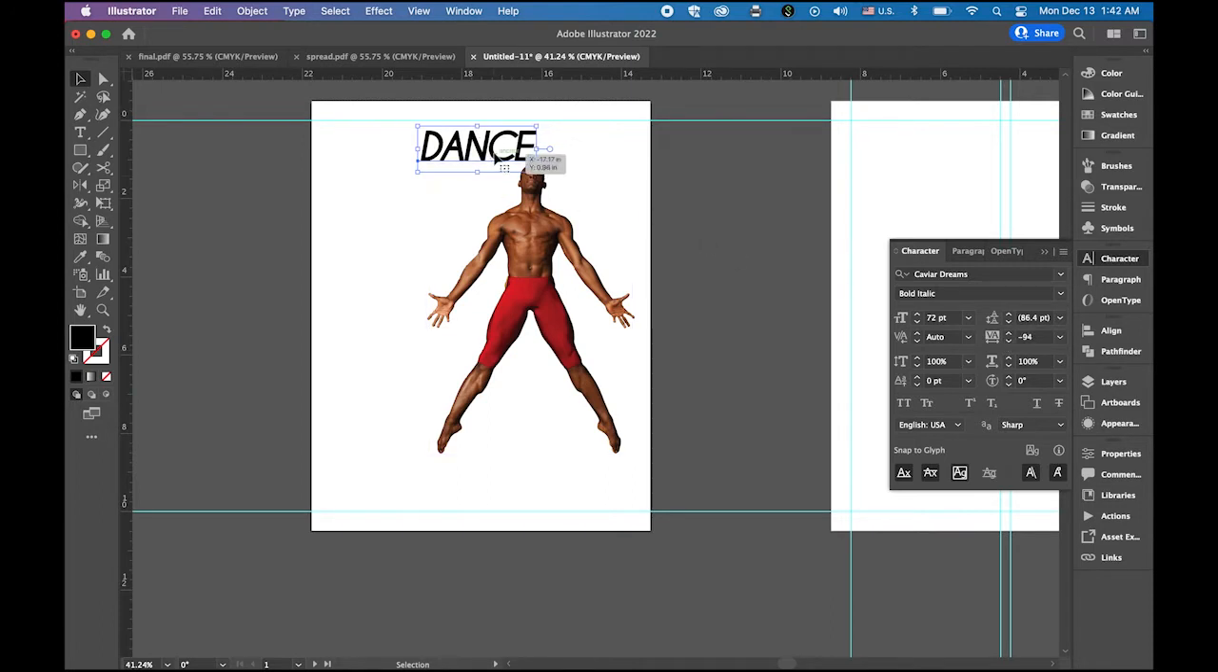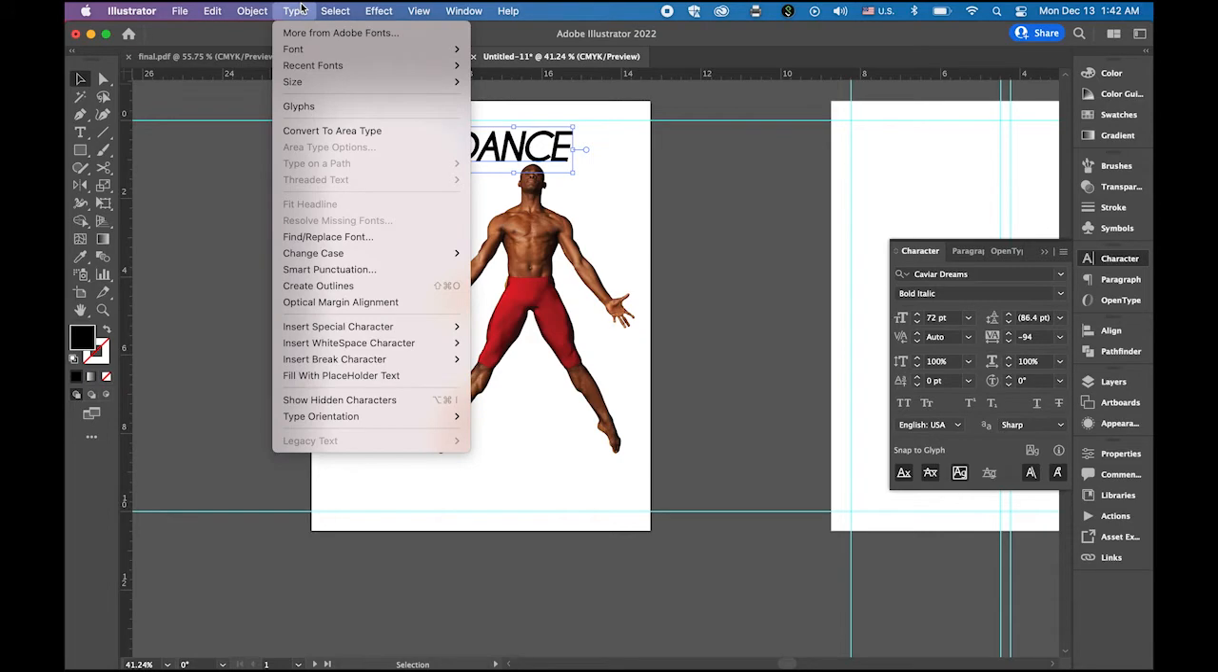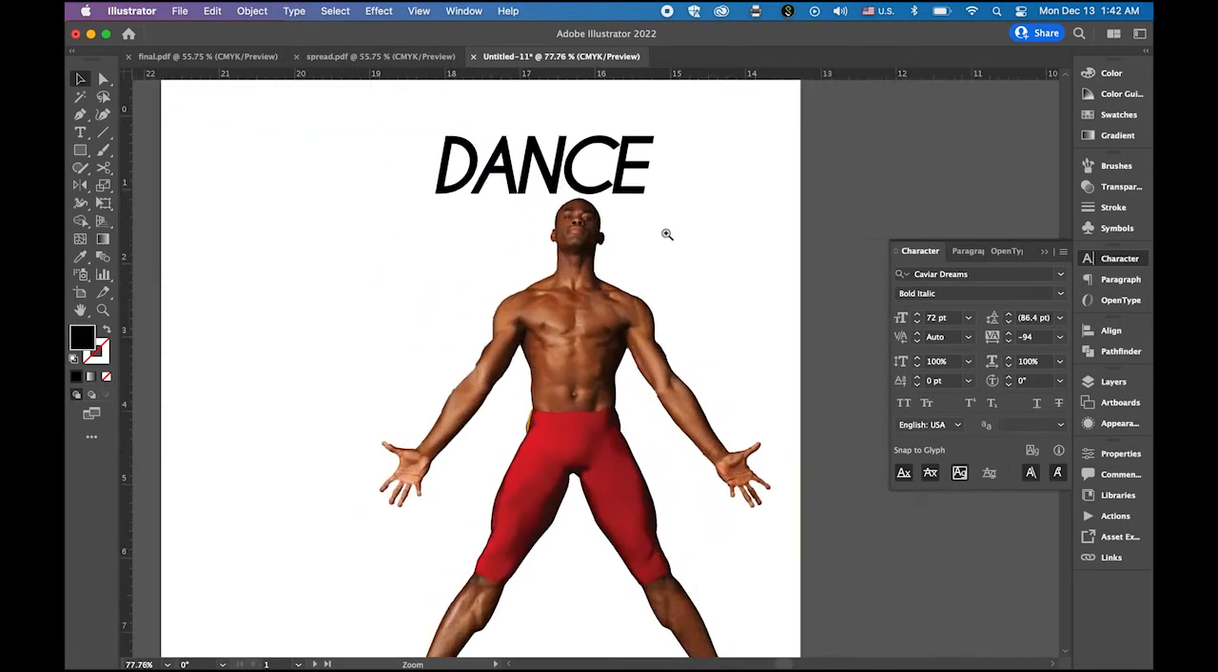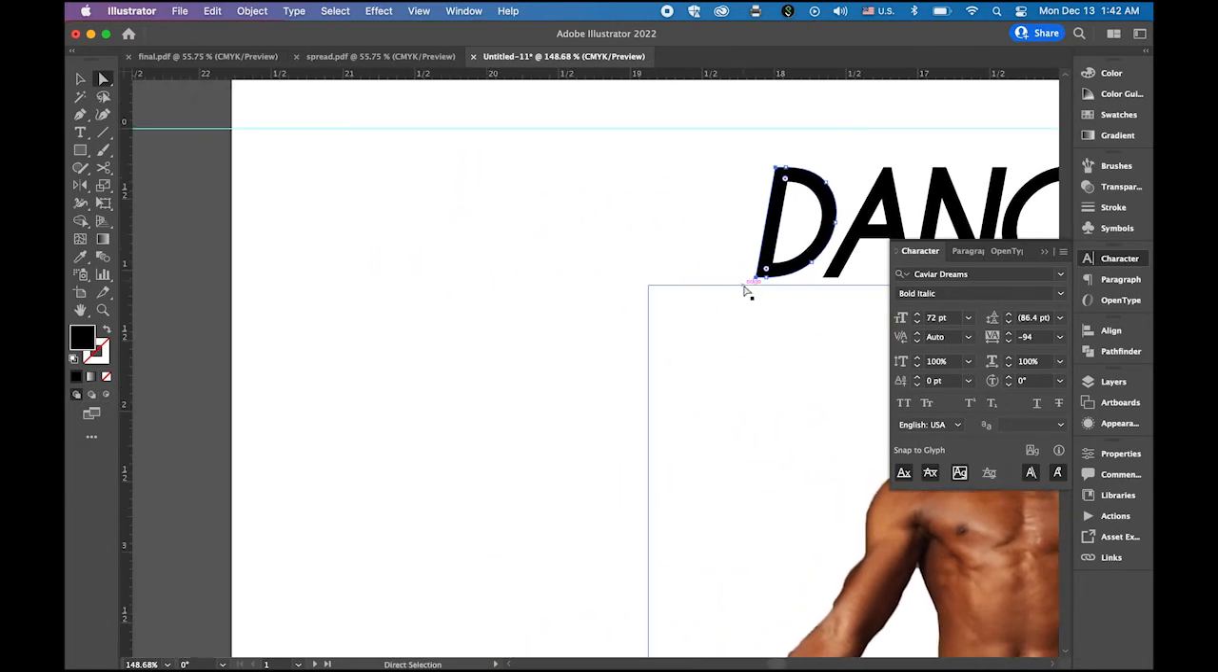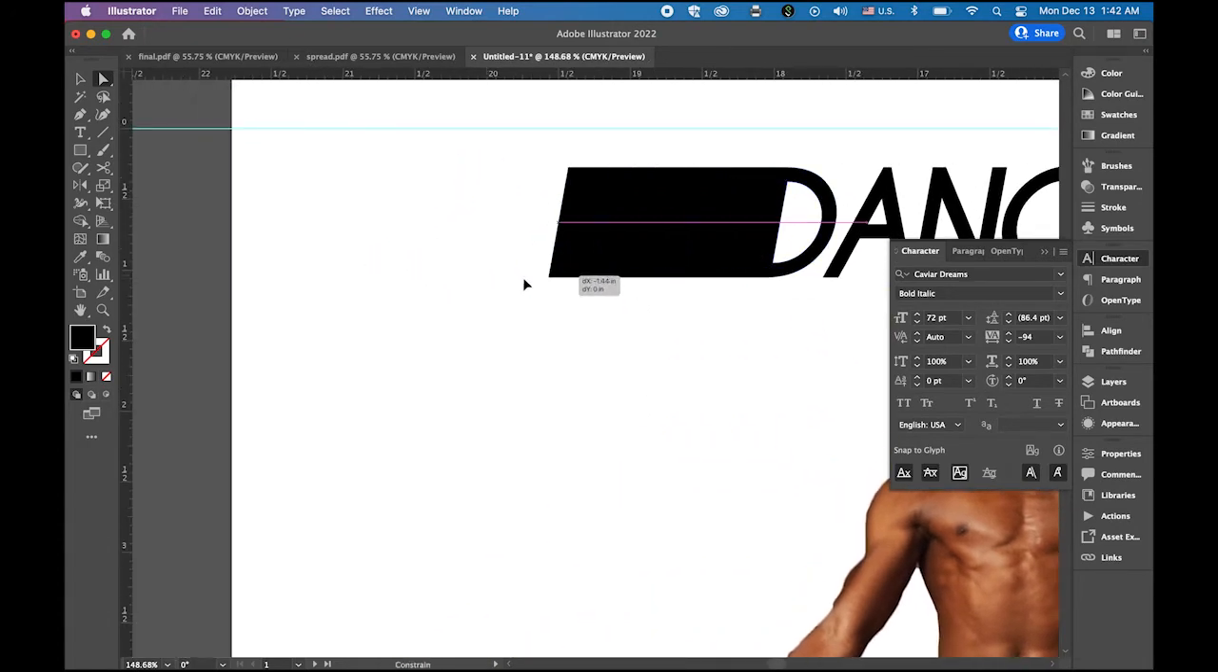And dance. Okay, looks good. Then let me create outlines under the type menu. Then let me zoom in. I'm going to choose the direct selection tool, the white arrow. Select the top left corner anchor point and bottom left corner anchor point by holding down the shift key. So only these two anchor points are selected, and click shift and expand it,